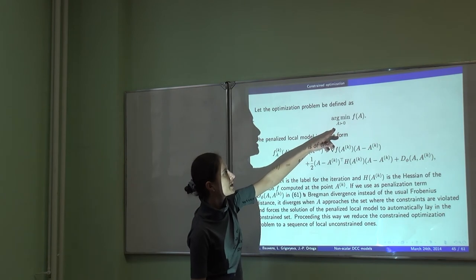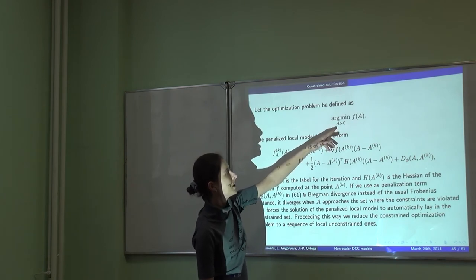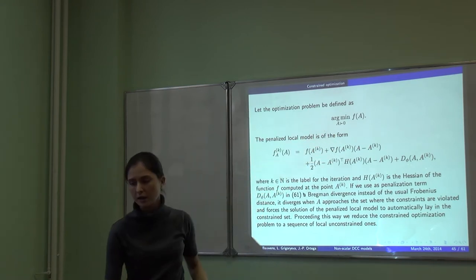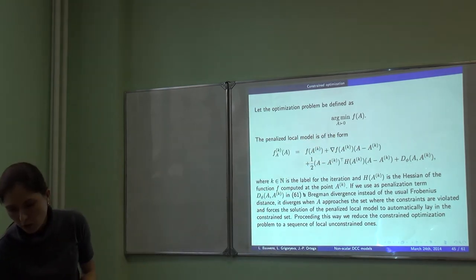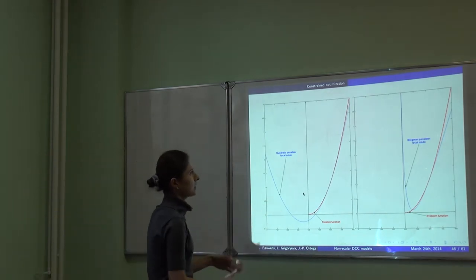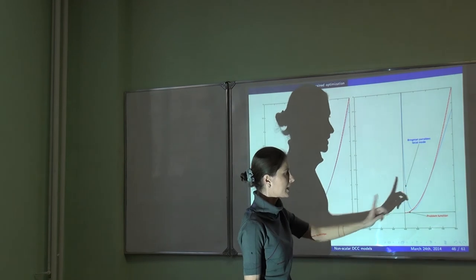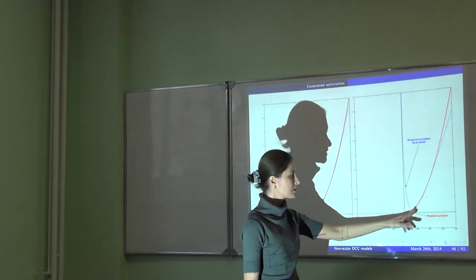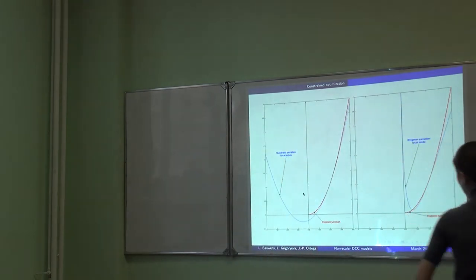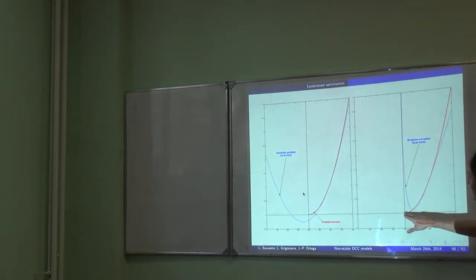Well, here was the general setup. We are interested in all the parameters A, which are positive definite, that will minimize for us the value of this function. So let's say we have this function. So what is the difference? In this case, this is the case that we are working with. Let's say we are always interested in the parameters that are positive semi-definite.